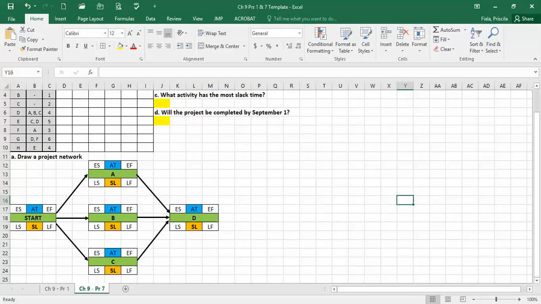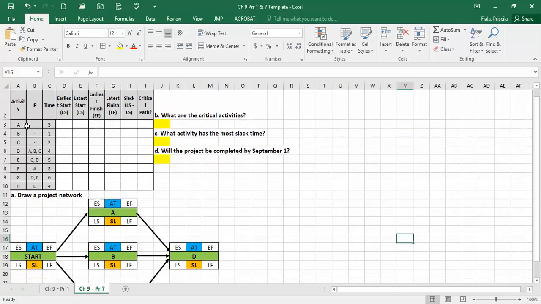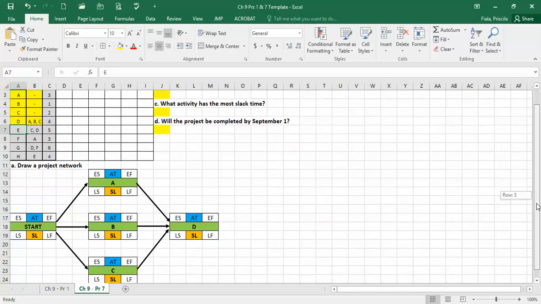We completed, let me just mark them, A and B and C as far as predecessors. This I'm abbreviating for immediate predecessor, okay? You can look at your book. So we put A, B, and C. There's the star, and we have just completed D. And now we're gonna do E. Well, the predecessors for E are C and D, these two over here. So let's go ahead and put E